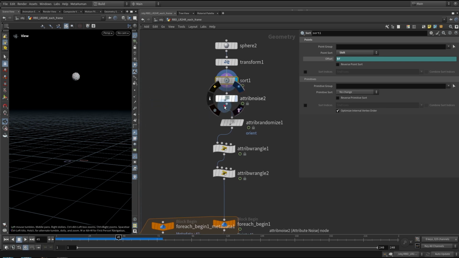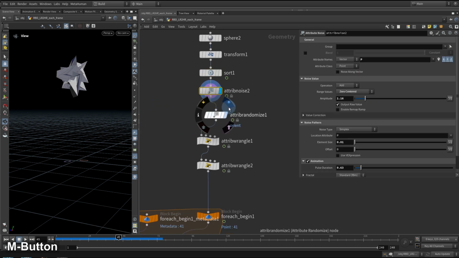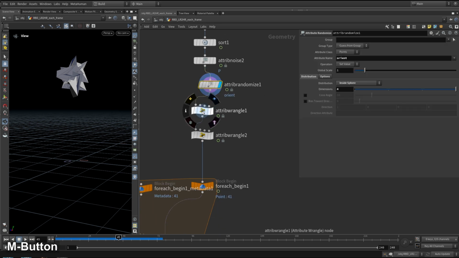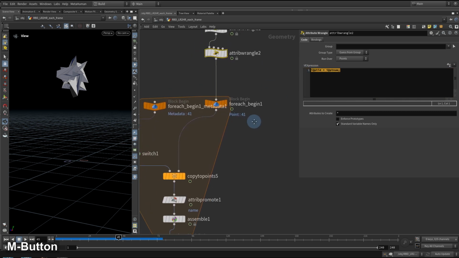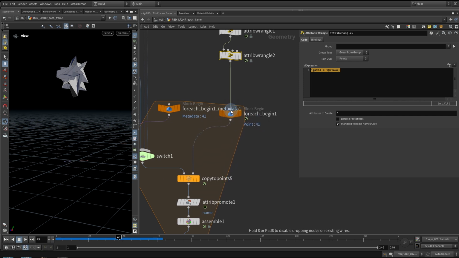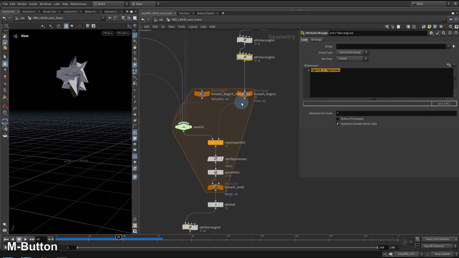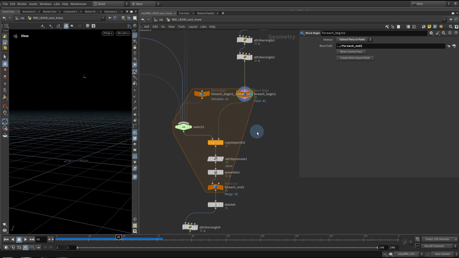And then we add some noise, some orientation, scale, and I've added some ID attributes to the point in case I will need them. So here's the for each setup where I'll use a point,